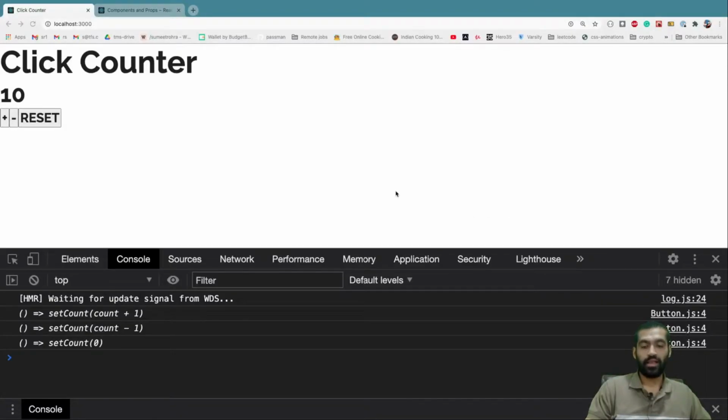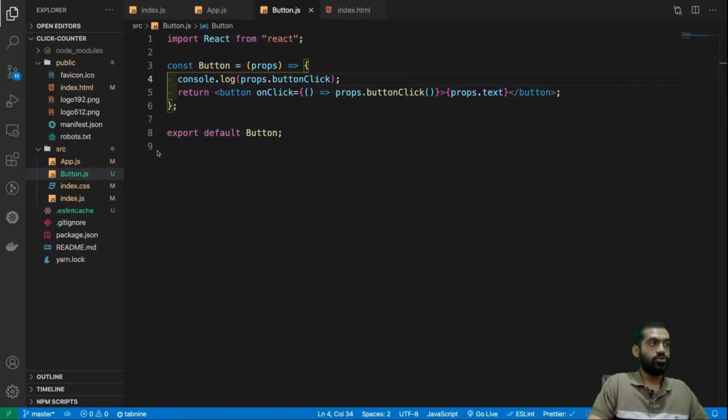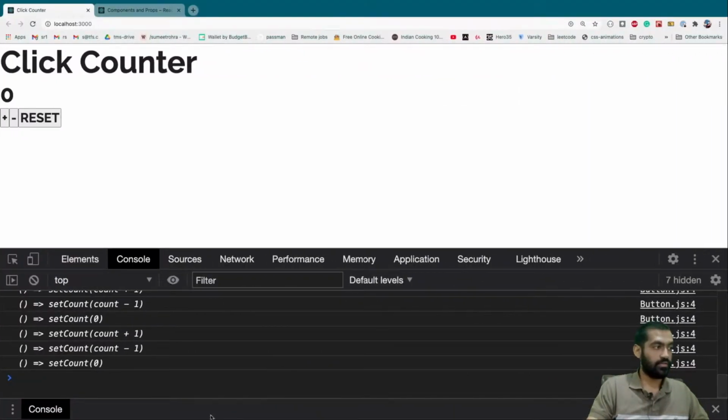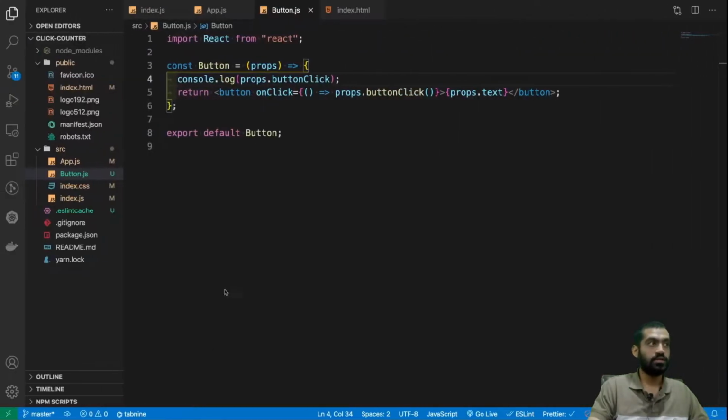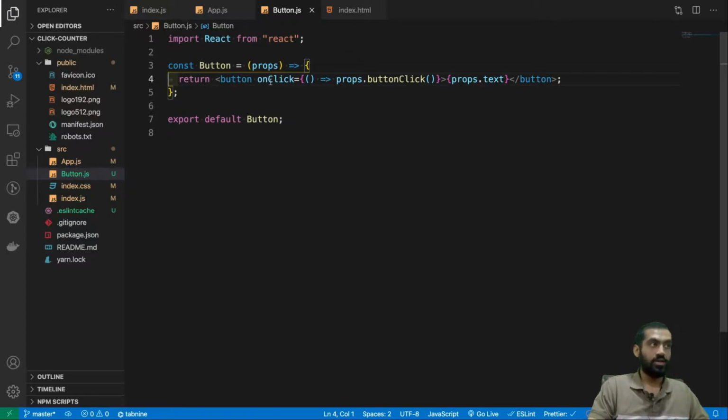So welcome back, and this is where we stopped last time around. We made this button component reusable, and we made sure that everything is running. And okay, we can see this console log still. Let's just remove the console log, and we thought that we will talk about styling, right? Okay, so let's talk about styling.